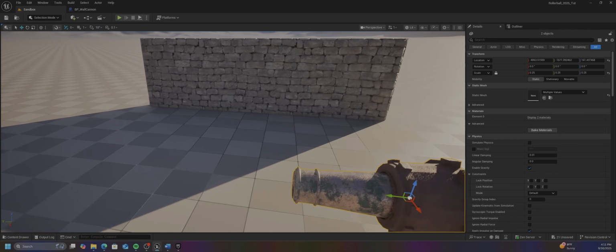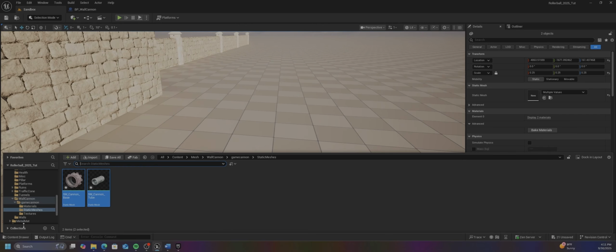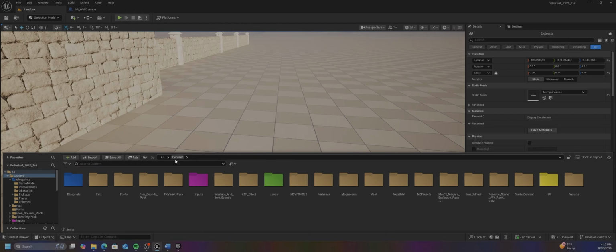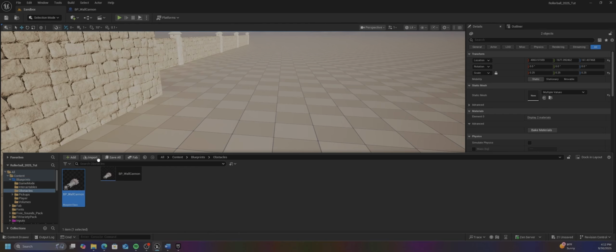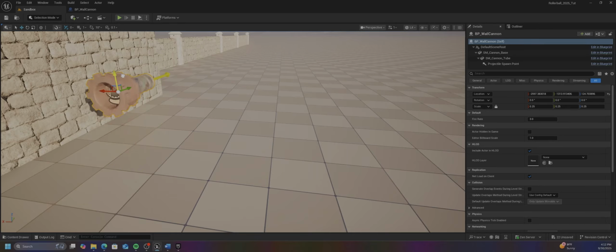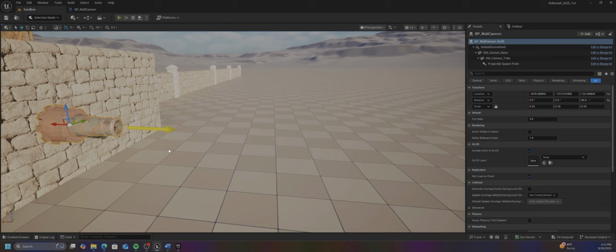Go back to our sandbox, and I'm going to find a wall to stick this on, because that one that's sitting out there is not going to work. It's just a model. So I'm going to go into my blueprints, find my obstacle cannon. I'm going to drag it out. I'm going to rotate it 90 degrees so it's against the wall, just to make it look somewhat decent. Put it up against the wall. Save it. All right, so now if I hit play, the cannon